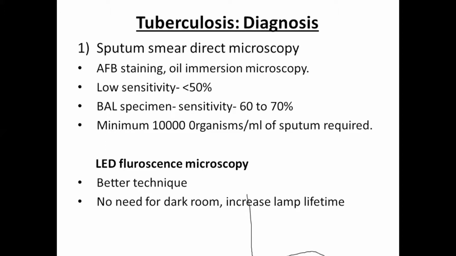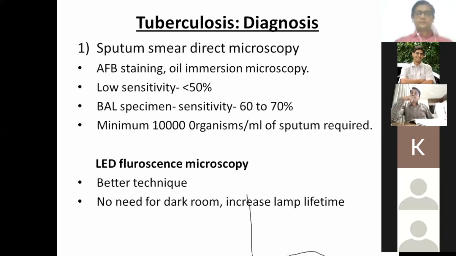What Dr. Lahoti is trying to get at is how will you increase the yield of a sample, so that your chances of positivity go up. What can Dr. Modi actually tell? How do you collect the sample for tuberculosis? What precautions should the treating doctor tell the patient to increase the yield?